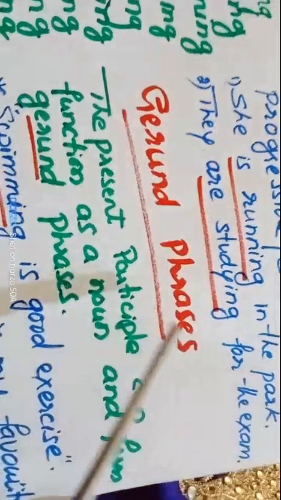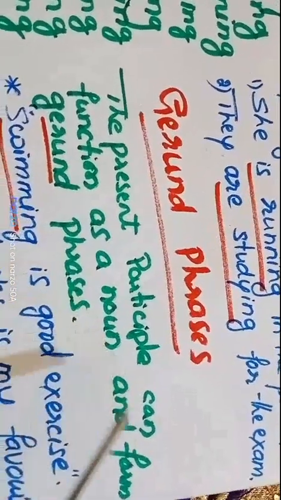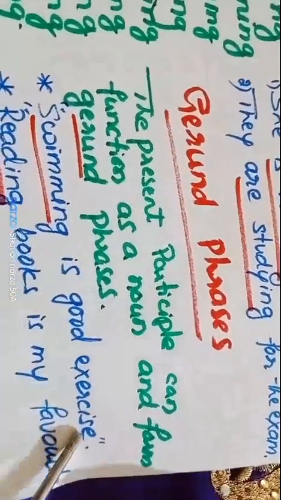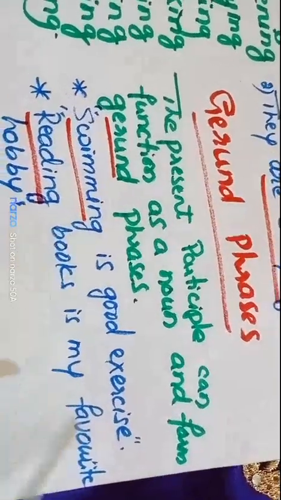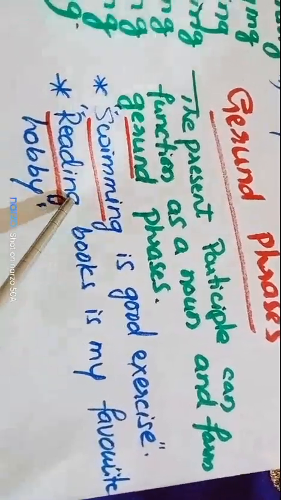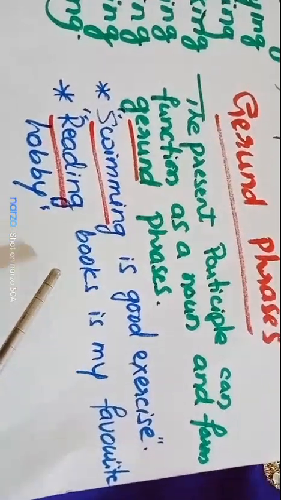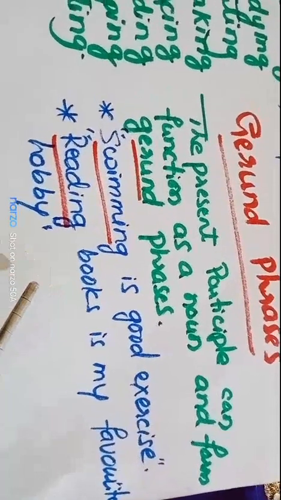The present participle can also function as a noun and form gerund phrases. Swimming is good exercise. See the word swimming. Reading books is my favorite hobby. See this word reading. The running water is refreshing. It is important to note that the present participle